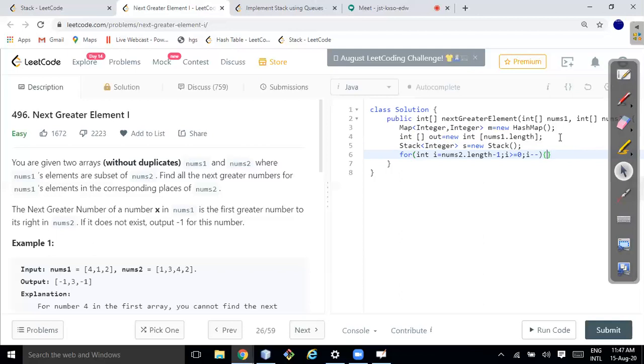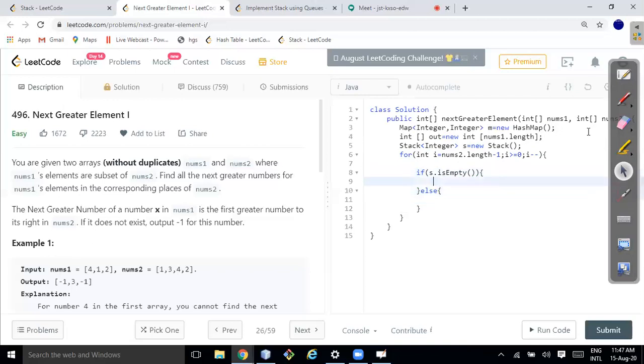The first thing I am going to check is whether the stack is empty. If s is empty, or else if the stack is not empty, we have two conditions only, right?